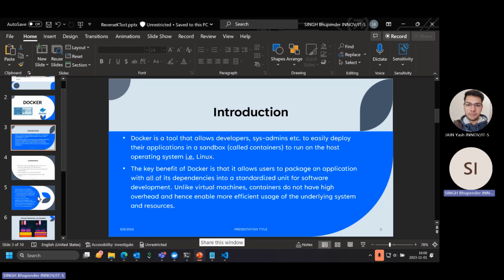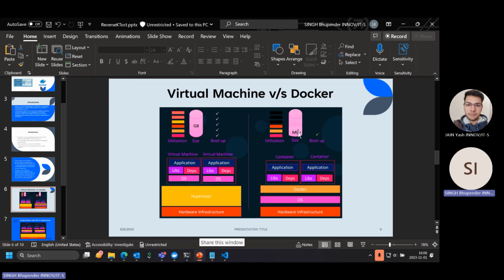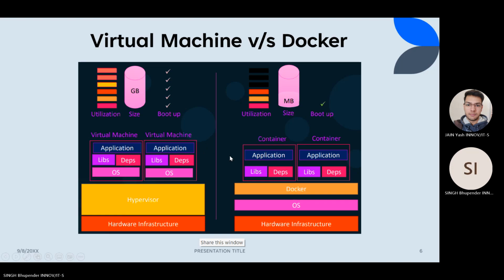As can be seen from this diagram, it is kind of like a virtual machine, as you get a full-fledged operating system and you can do almost all of the things that are possible on a virtual machine. But it is very lightweight, and it does not contain any other applications.